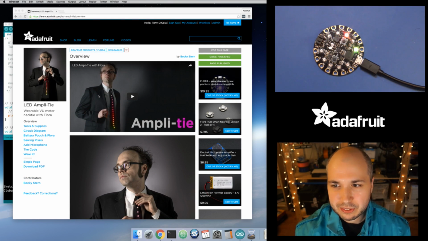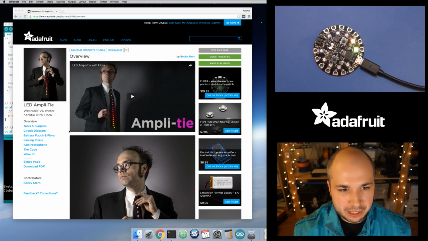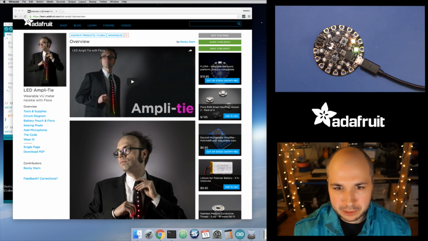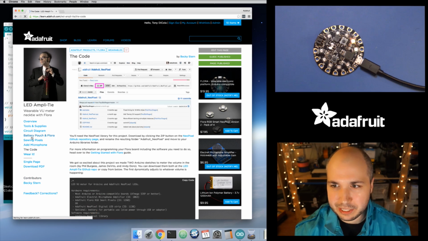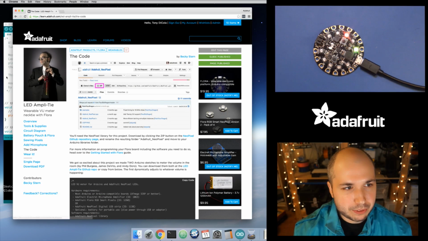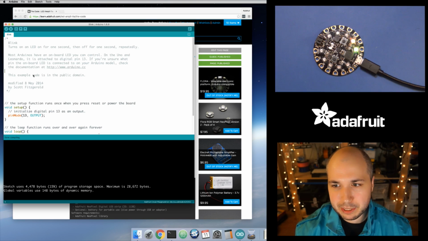The code for this project was based on, I think, a Flora board, which uses the same processor as the Circuit Playground. So it's very easy to port this code over and make it work on Circuit Playground, and I'll show you how I did that. If we go to the code for this, we'll start digging into it. Now, if you do want to play with this code, I've committed the code that I'm going to build in the stream